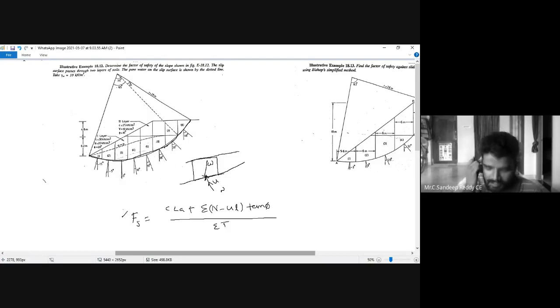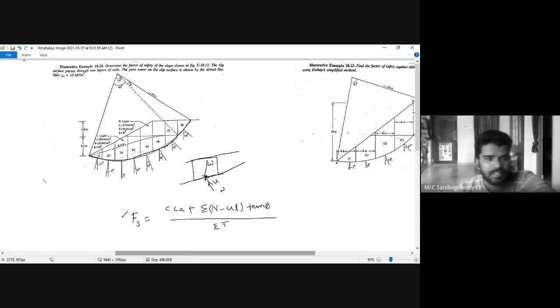Okay, last slice is 1. That's why you will get 2 factor of safety values. Or else you can take summation of all this. Got it? That is the only difference. Finding of pore water pressure is the only difference. That is sigma n minus 2L with the addition to the normal reaction. That's it. Okay. All the same data given in the problem.